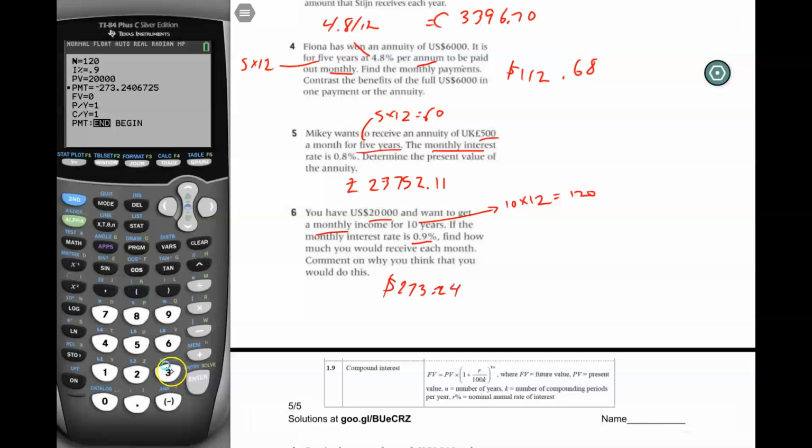And so why would you take your $20,000, give it to an annuities company, and then say, okay, instead of me having this $20,000 in my pocket, how about if you pay me $273.24 a month instead for 10 years? And maybe it's because you're guaranteeing an interest rate that is 0.9% a month, which is actually quite good, especially